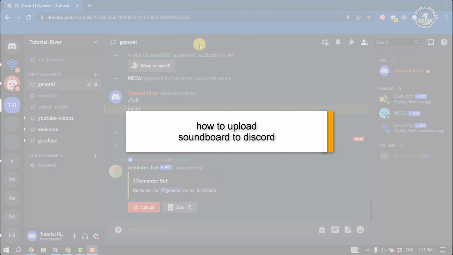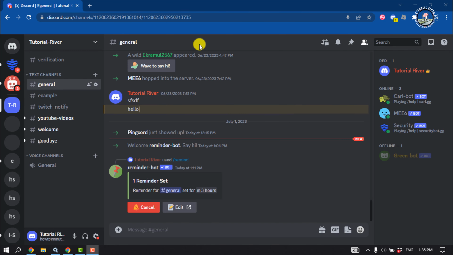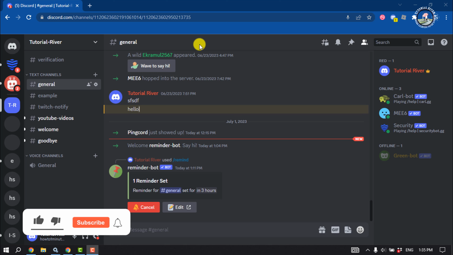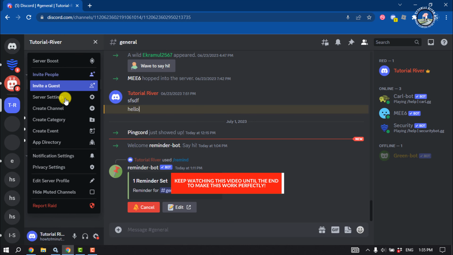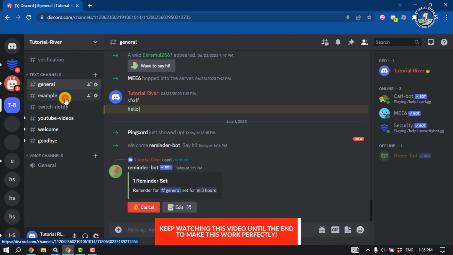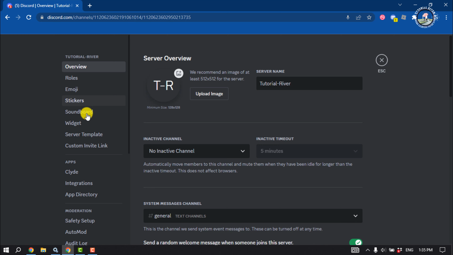You can upload a custom sound as Soundboard. This tutorial will guide you on how to upload Soundboard to Discord. So first of all, open the server, click on the server name, and click on server settings. Here you will get the Soundboard option, so click on that